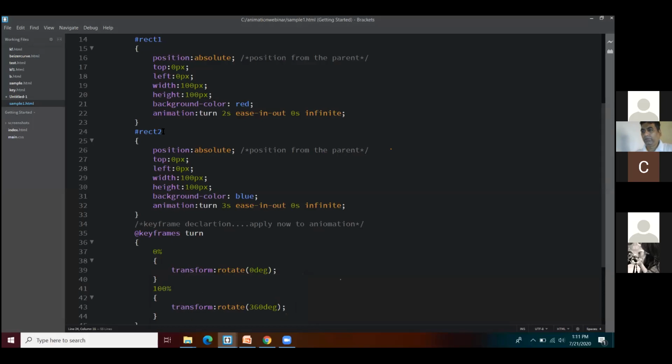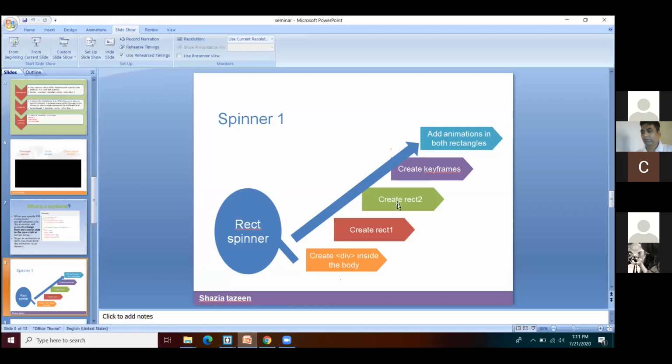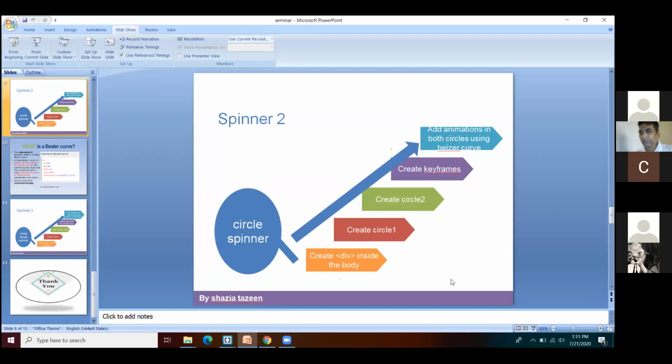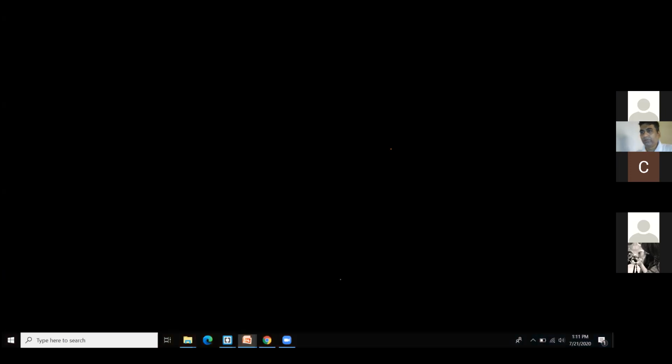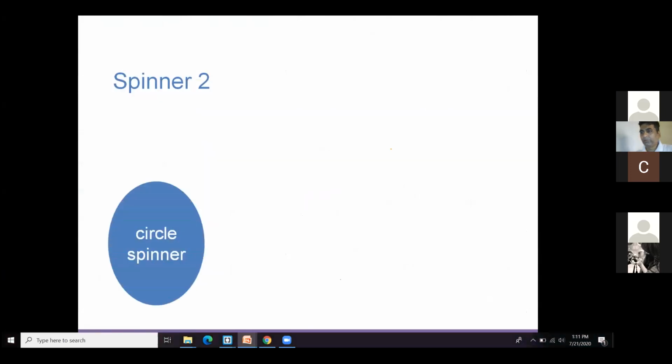Let us see what the steps are. For the first spinner, we created the first rectangle, second rectangle, keyframes, and finished with the animation. Now, moving ahead with the second spinner, I have named it circle spinner.